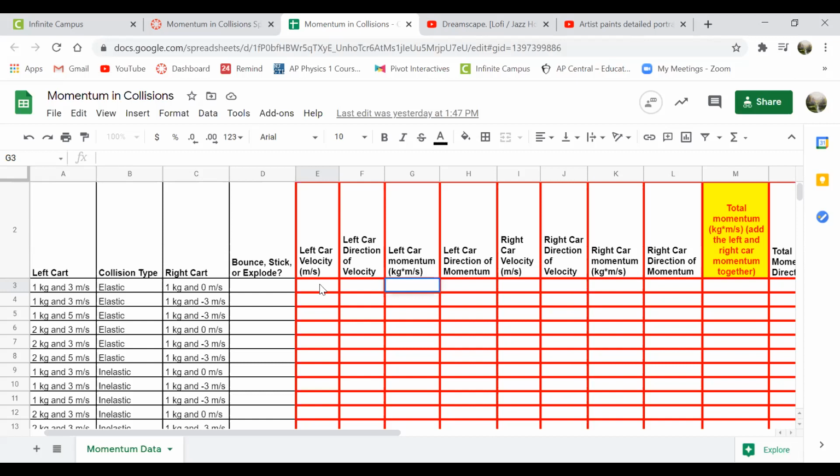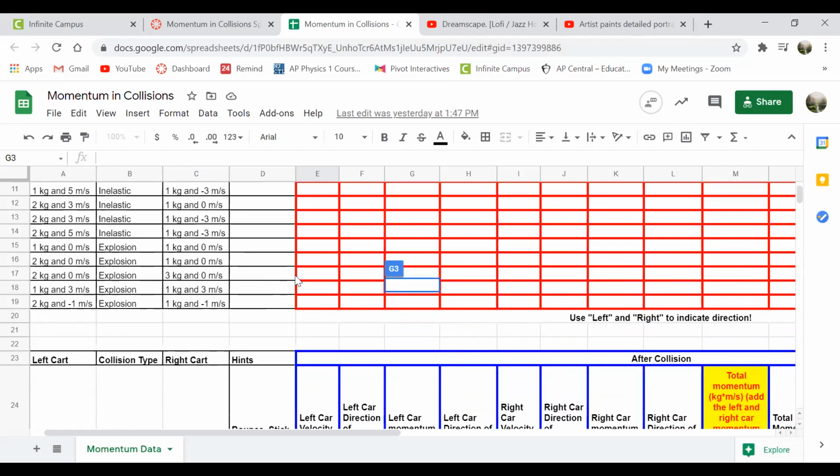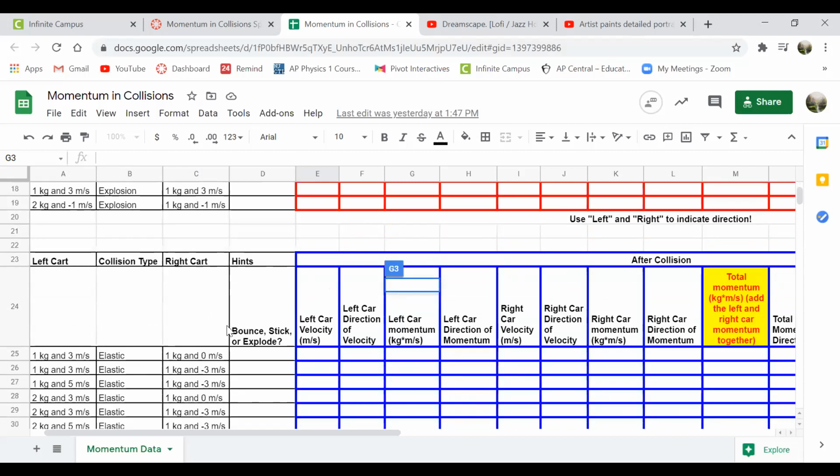So technically, you should take the data today in class, finish taking data tonight, answer the questions, and then we'd come back and talk about it tomorrow. But I'm going to give you 2 days in class to take data. That's a ridiculous amount of time. Most of the data comes right here. All right, so